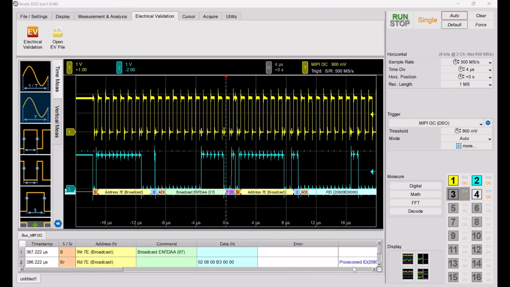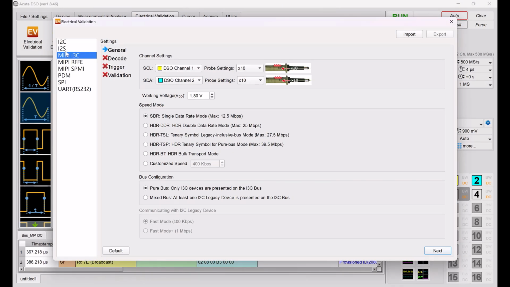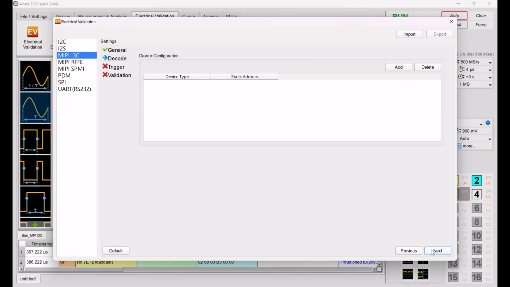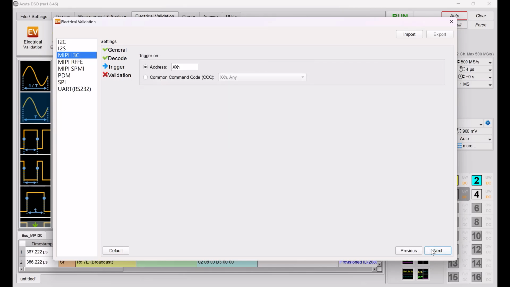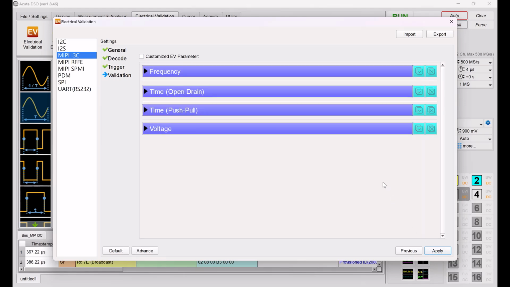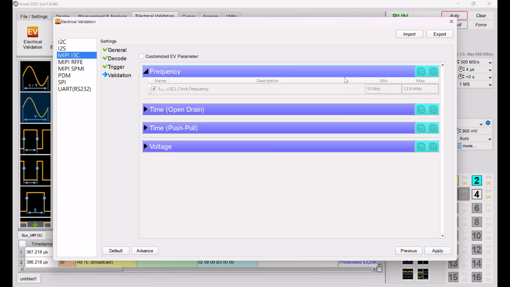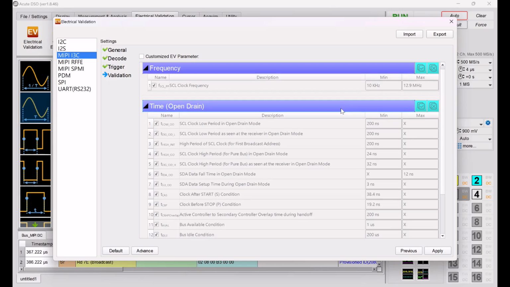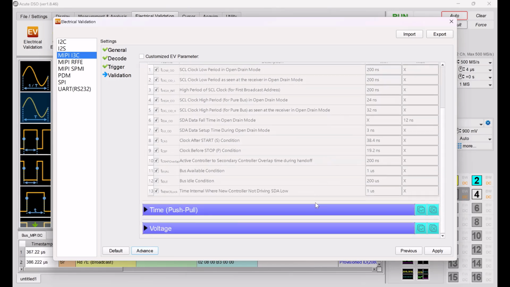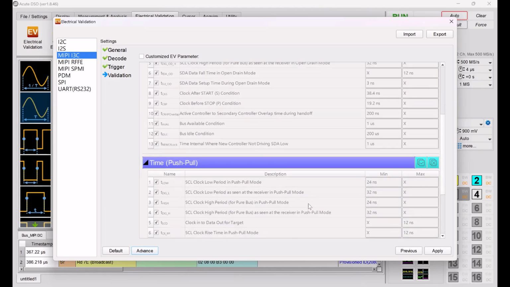Now let's begin the electrical validation process. First, make sure you set the correct voltage and speed mode. Next, configure the decode and trigger settings if needed. Finally, the validation parameters. Under SDR mode, you'll find 4 parameter tables: frequency, I3C open drain timing, I3C push-pull timing,